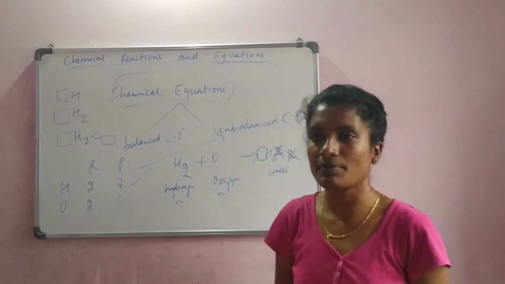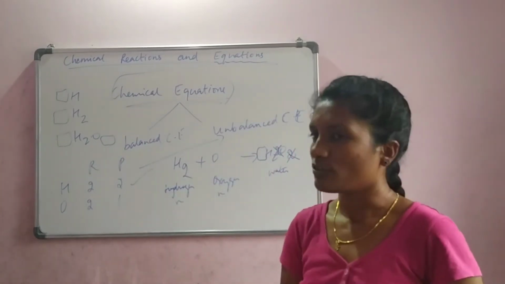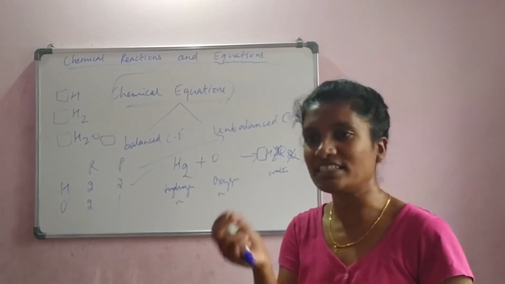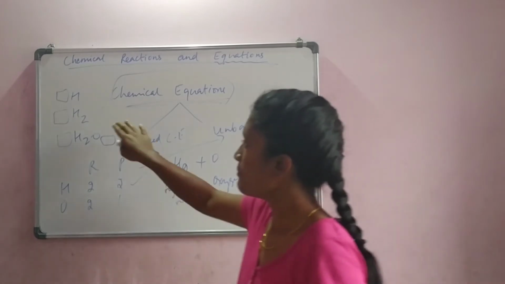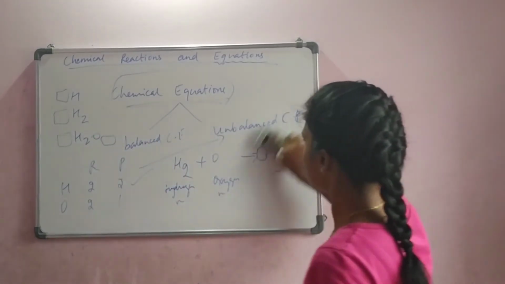Ma'am, now is it simple? Can we erase one number here and make it equal? We don't have that option either. You cannot remove any number. You need to only multiply numbers and make the quantity balanced. So let us see how to balance that.